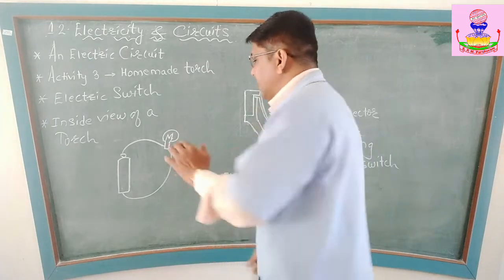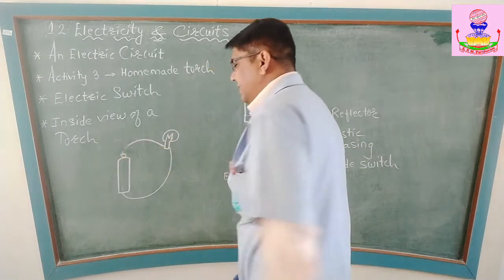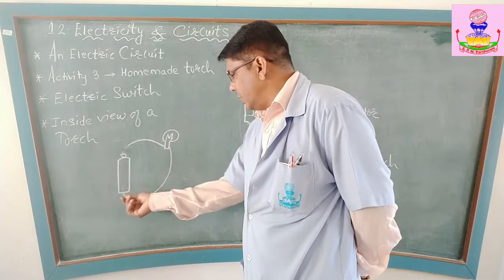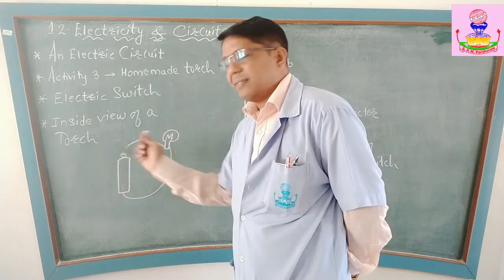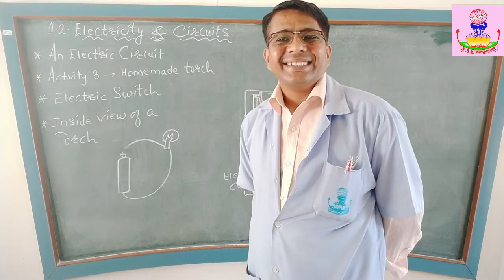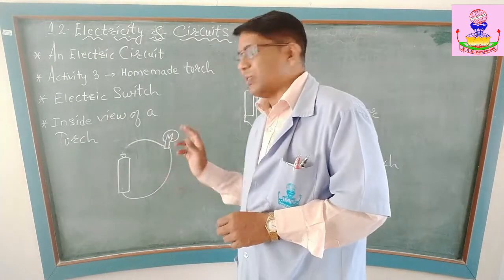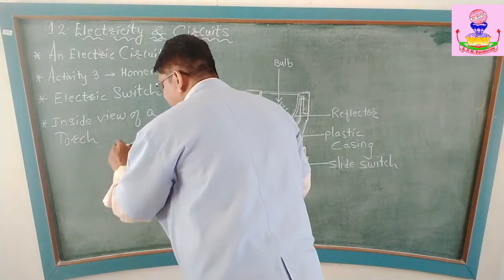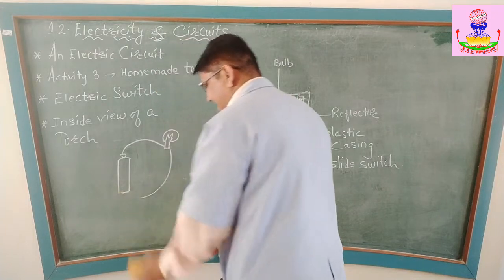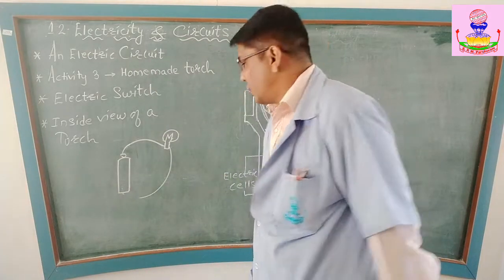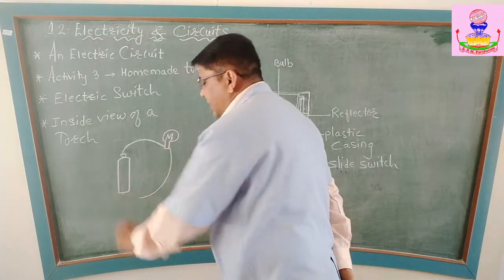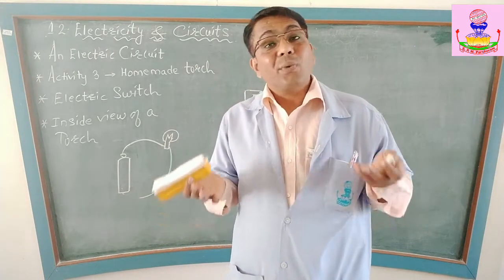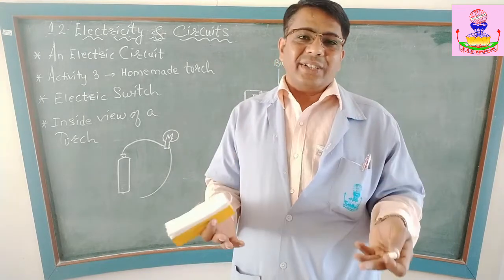Now, in the second case, what has happened? It was not connected here. Is it continuous? No, because if I start from here, I come and stop here. I do not reach the positive terminal of the battery, and hence the bulb was not glowing. In the third case, this was connected and here it was not connected. If I start from the positive terminal, I don't reach the negative terminal, and so the bulb was not glowing. The circuit was not complete.